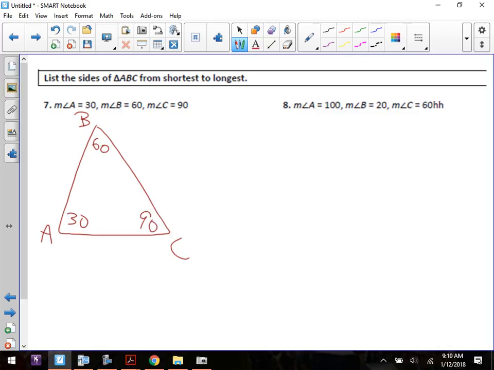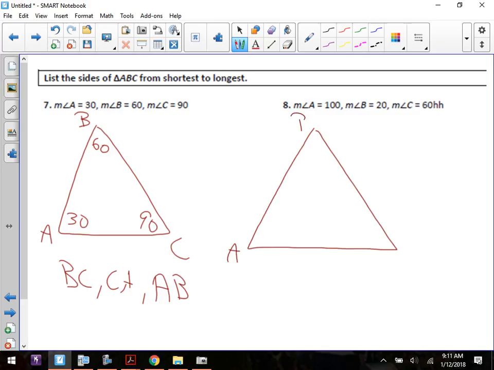Let's see, which side is it? C. Smallest to largest, the smallest of this next one is AC, the next one is, last but not least,